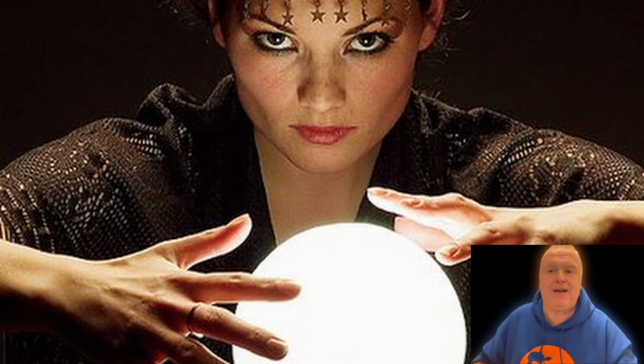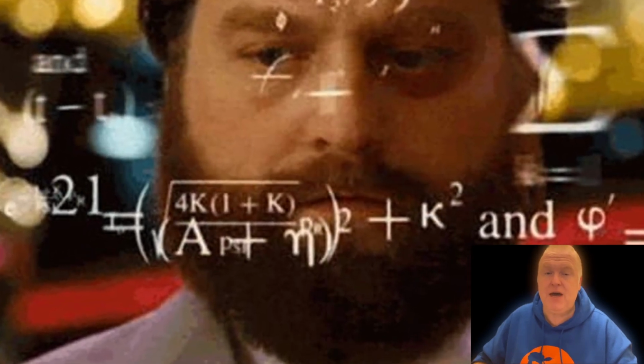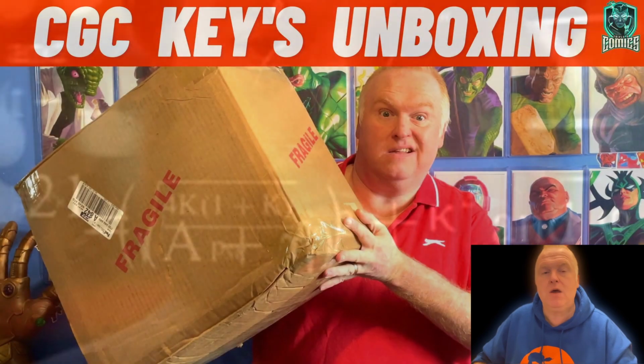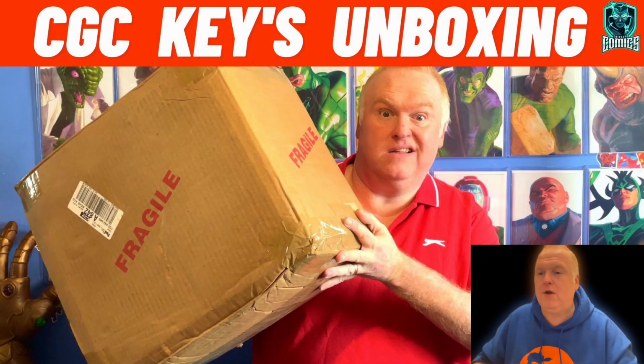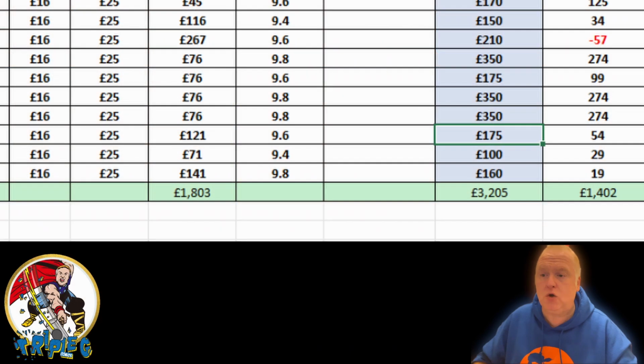So I buy what I like. I buy stuff I think might go up in value, predominantly key appearances, and you win some and you lose some. But focusing on this recent submission to CGC, you'll see I submitted a whole host of books. The total cost, including all of the grading, all of the shipping, all of the pressing for this particular lot comes to